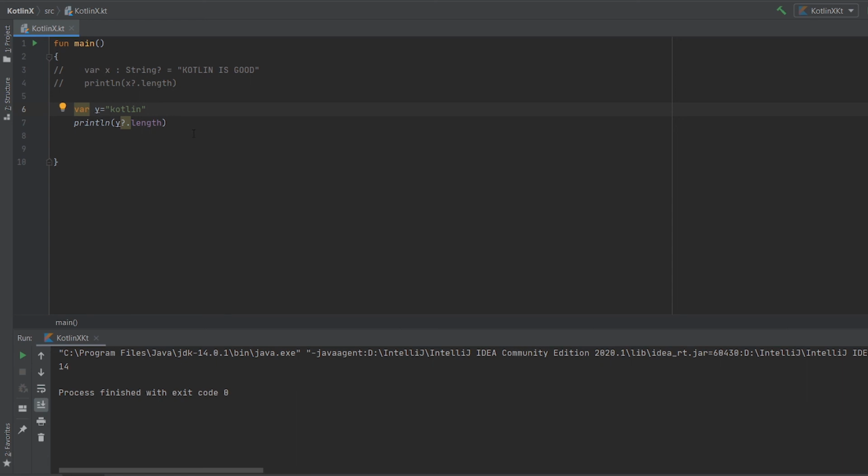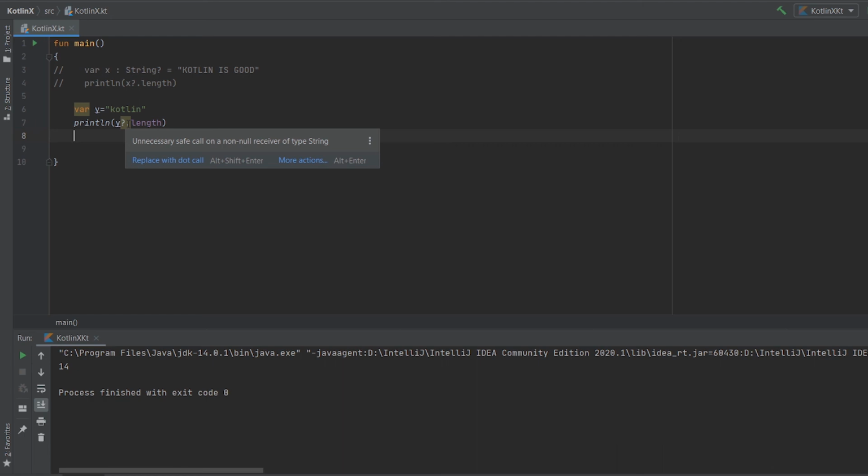But the problem here is that you are doing an unnecessary operation. You are using the safe call operator when your variable y definitely contains a value, which means that you don't even need to check if y is null or not. The safe call operator helps avoid the null pointer exception in your program by checking if your variable has a value or not.